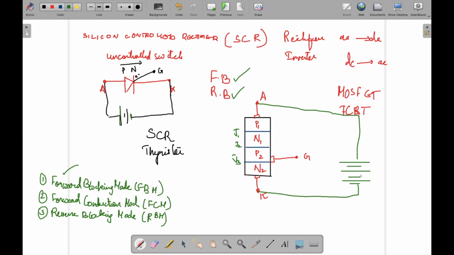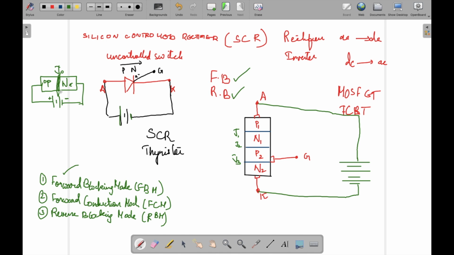Now when I do this, let us analyze what happens. In the case of a diode, we have a P region and an N region, and when I connect a source like this, what would happen? This has only one junction, maybe I'll call it J0. When I connect it like this, J0 will become forward biased, because this positive is repelling the holes here, and this negative is repelling the electrons here. So this junction will be called a forward biased junction.